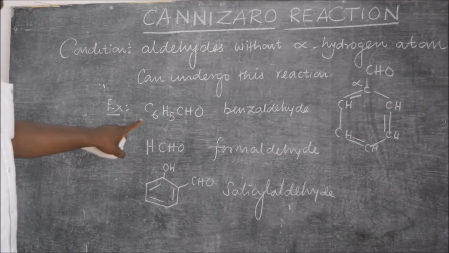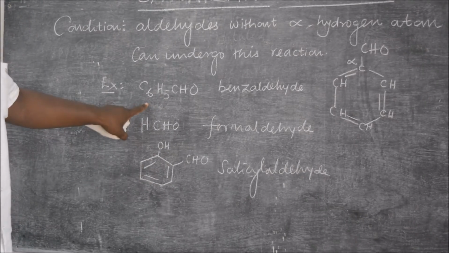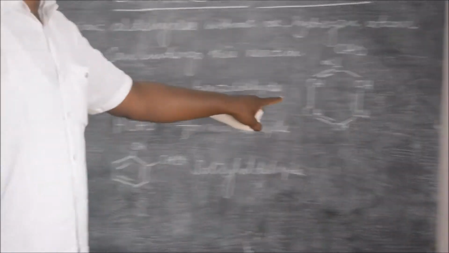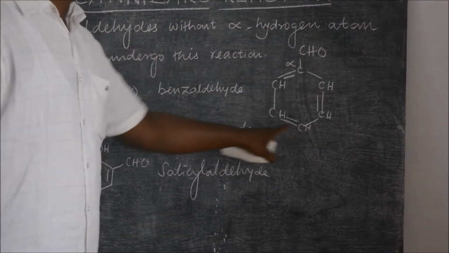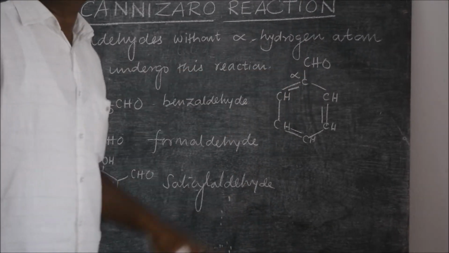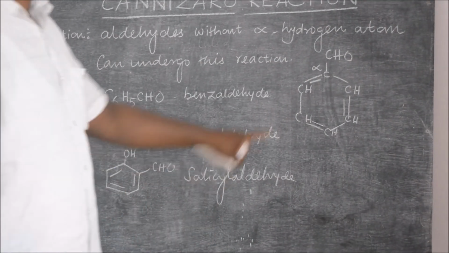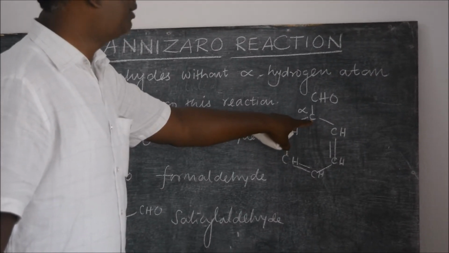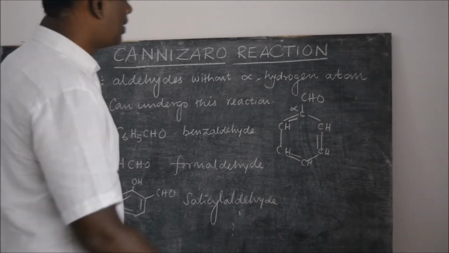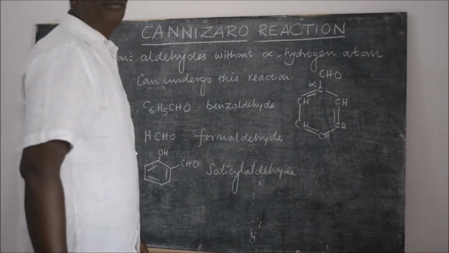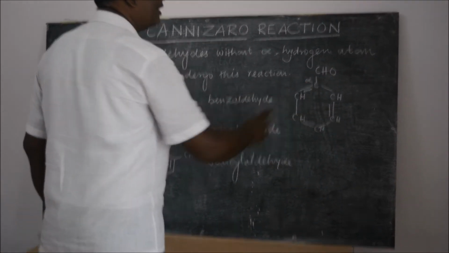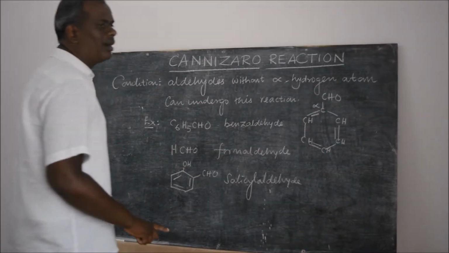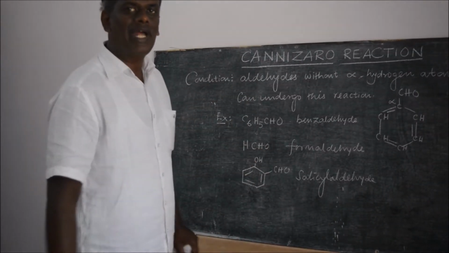For example, benzaldehyde, it's an aromatic aldehyde having this formula C6H5CHO. Its structure is given as follows. We know the benzene structure in which the hydrogen is replaced by the functional group CHO. You will just see the carbon bonded with the functional group. This carbon attached with the functional group is called alpha carbon, and this carbon is not containing any hydrogen. So you can say benzaldehyde is not having any alpha hydrogen